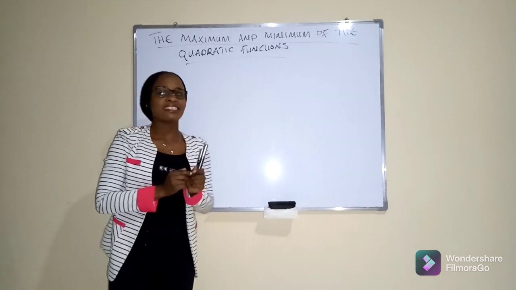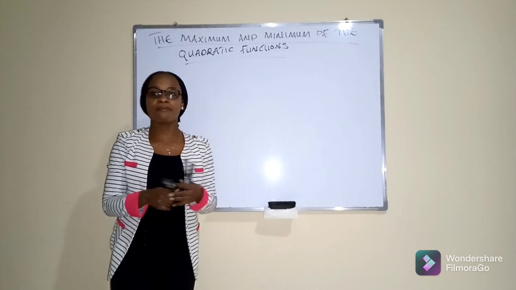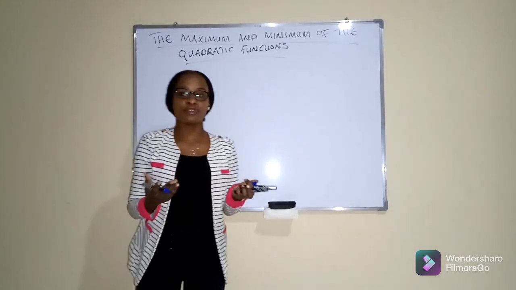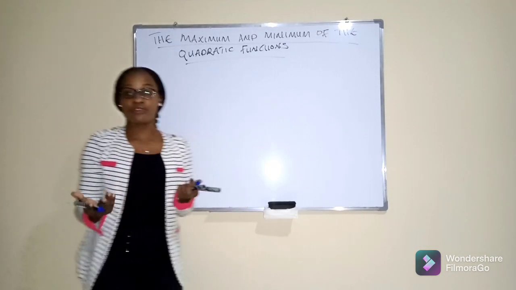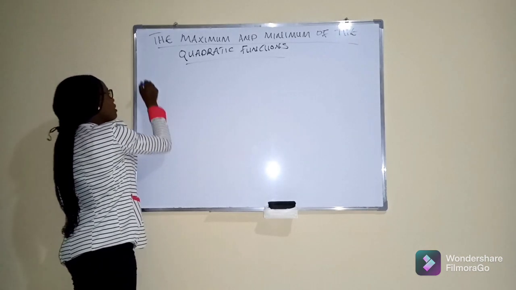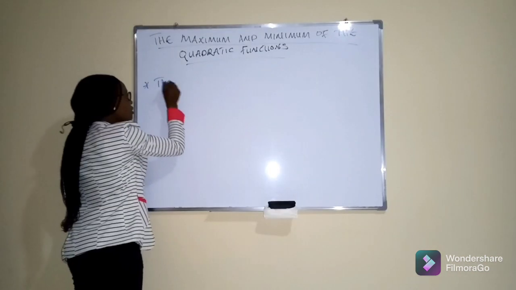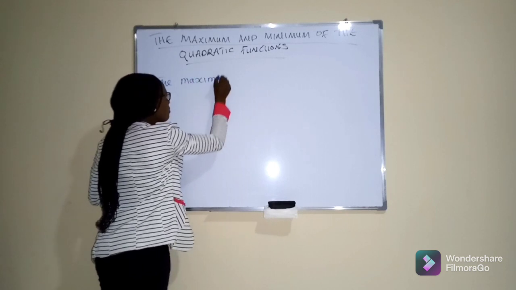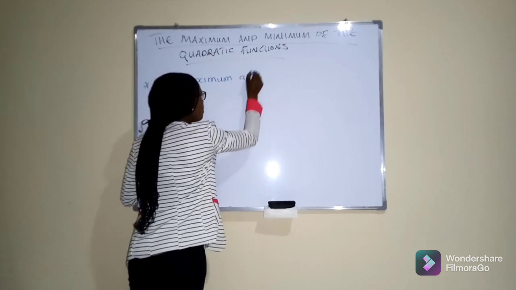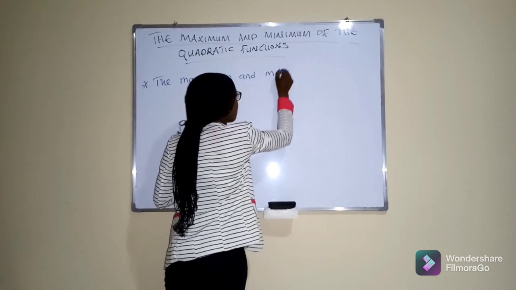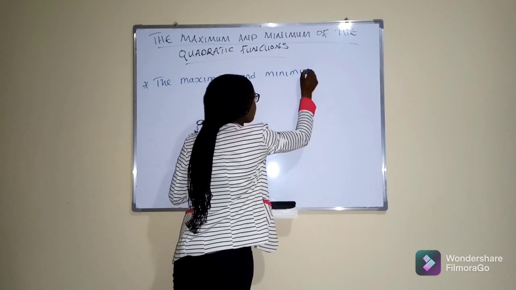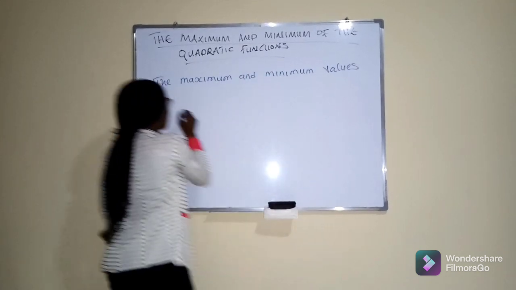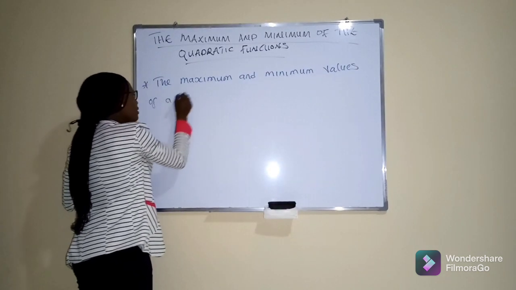We are saying that the maximum and minimum values of a function, which is a quadratic function, the maximum and minimum values of a function